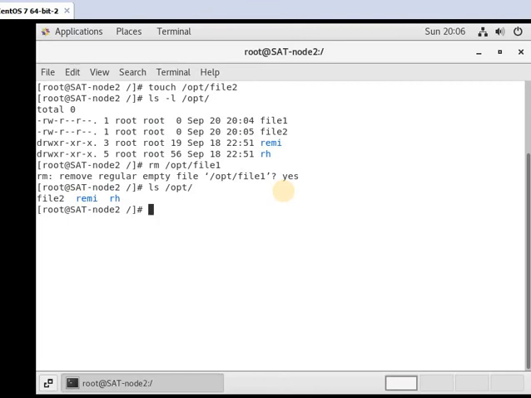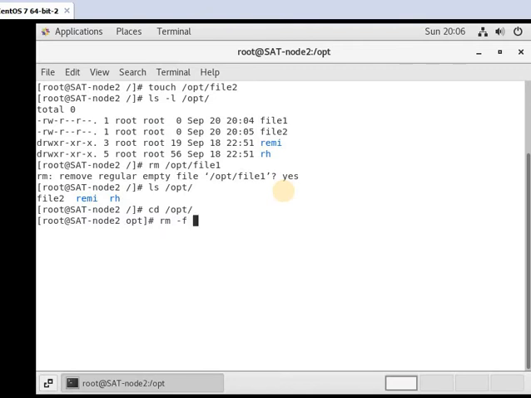You see file 1 is not here. If you are in the directory opt, then also you have to use the rm command. In the previous command you saw it asks for confirmation to delete the file. But if you want to delete the file in a single command, then you use rm -f.